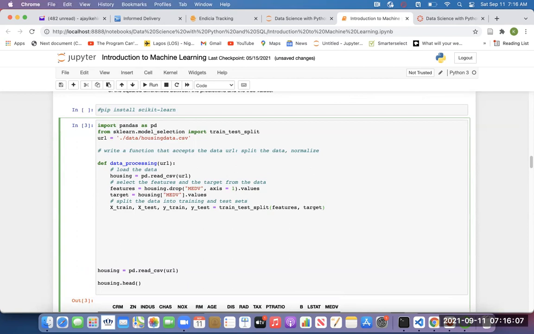Now, by default, this train test split will divide the data, using 75% for training and 25% for the test set. The same thing for the target. By default, it's going to do 75% and 25%, but we can change it. If you want, you just specify the test size to be whatever percent. Maybe if I put 0.3, it's going to pick 70% for training and use the remaining 30% for testing. But if I don't specify it, we use the default value.